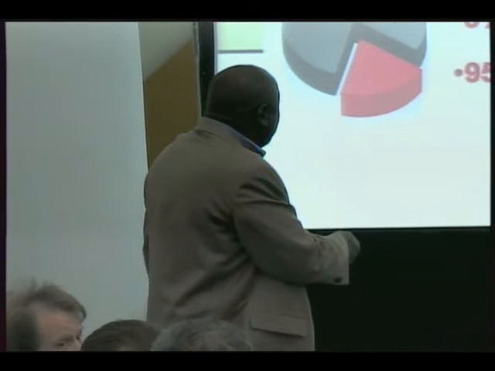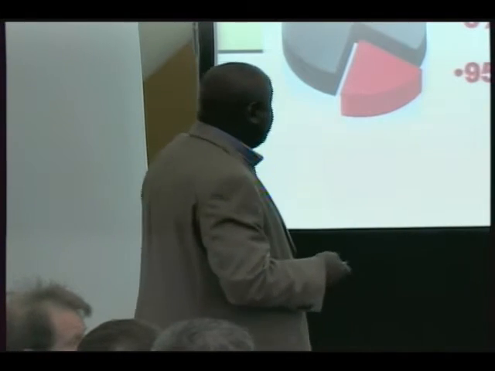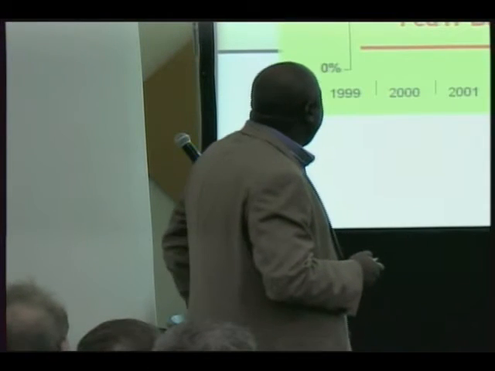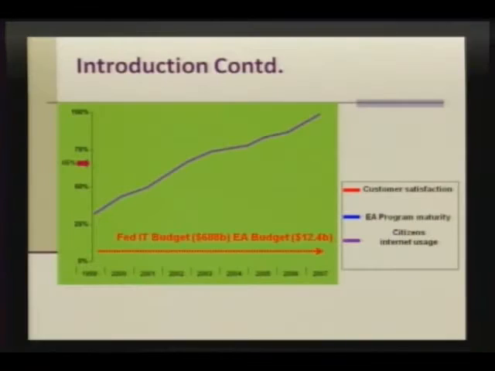But once you introduce the OMB, and the OMB is under the executive, they had sanctional powers. They could slash budgets. If you did not comply, they would expose you. Then we see some movement. Now, I want you to pay particular attention to this line because this is exactly what Ginny talked about.